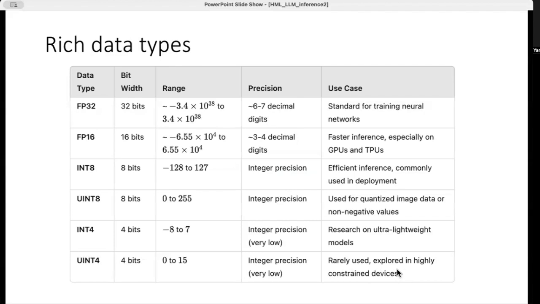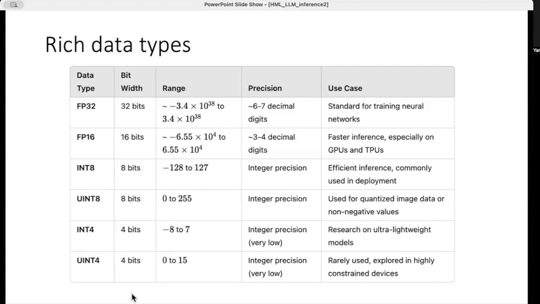Especially if you want to load an LLM onto an edge device, not a big machine but say your cell phone, which has very limited memory. There's a lot of active research on super lightweight models using int